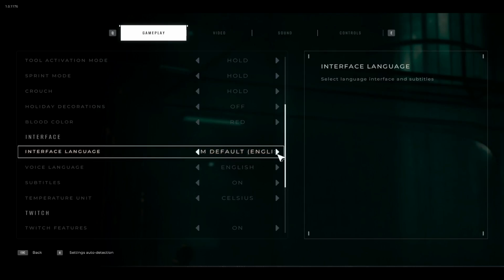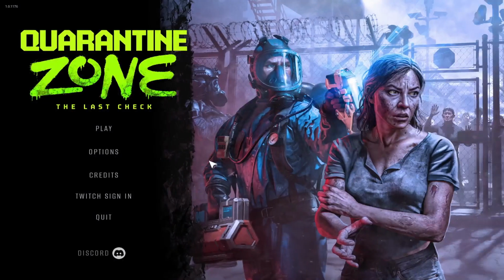You can use the left and right arrows within it in order to cycle between the various different languages that are available. Once you have found your desired language, you can press the escape button, and when you are prompted whether you would like to apply your changes, make sure to confirm. This will now switch your language into your chosen one right away,